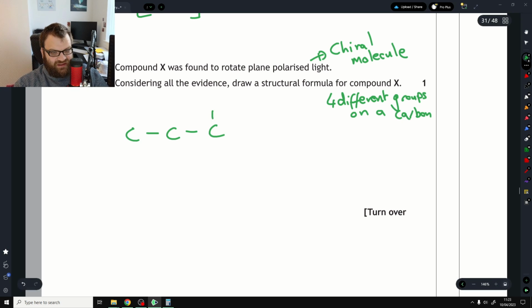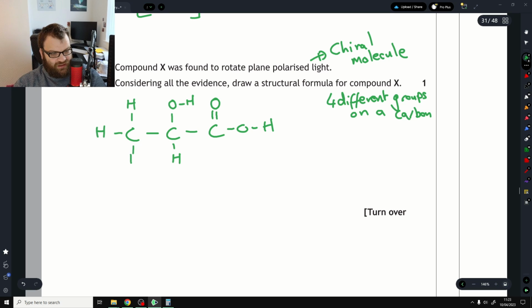Because we need 3 oxygens, and because of one of the options I had above, it's likely to be a carboxylic acid. Now this one's not going to be a chiral center. You have a double bond to an oxygen, which means it cannot make 4 bonds to different groups. So that's not going to work. I'm thinking that this one in the middle, though, might be a good idea. I've still got hydrogens and 1 more oxygen to play with. So if I was to put on an OH here, something like that, H down there,